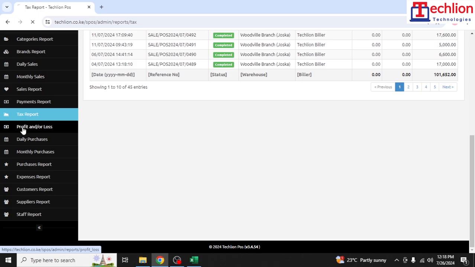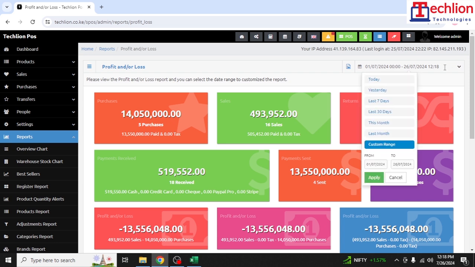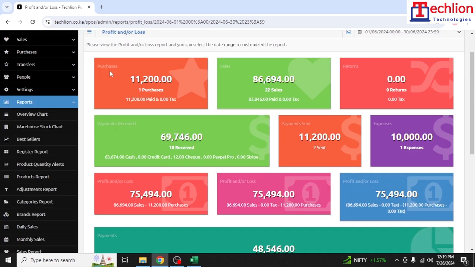Under profit and loss report, here is where you'll find the detailed report of your profit or loss of your business. For you to get the profit and loss, you will have to pick a date range, that is, from when do you want your profit and loss report. So you can pick last month. Once you pick last month, it will give you the profit and loss report of that specific range that you've picked. The profit and loss report will be presented according to the purchases, sales, returns, payments received, payments sent, and